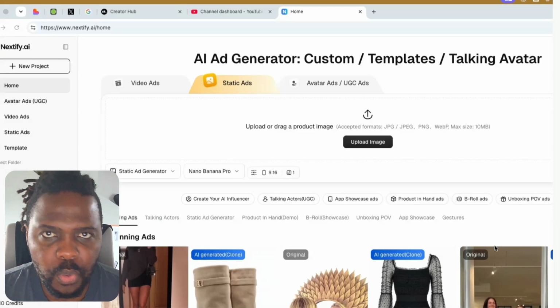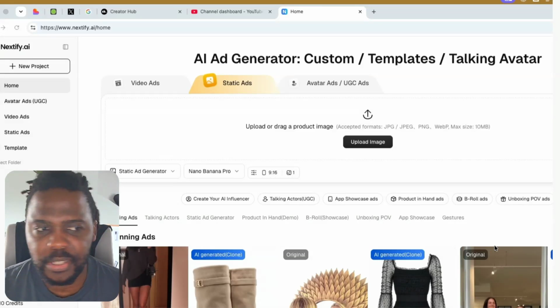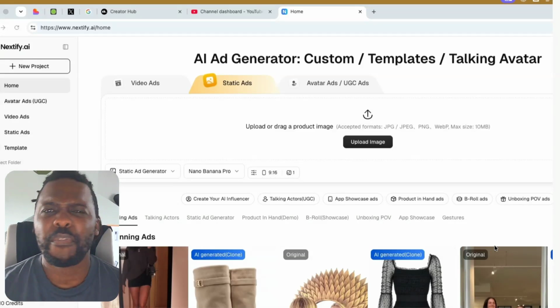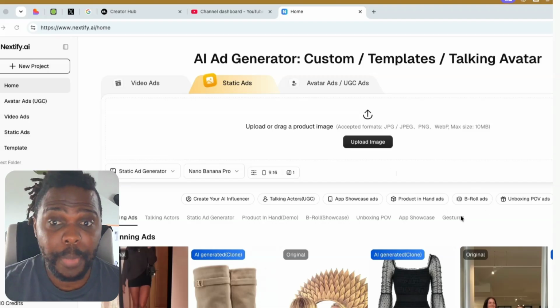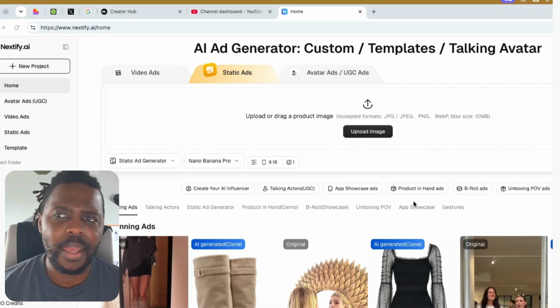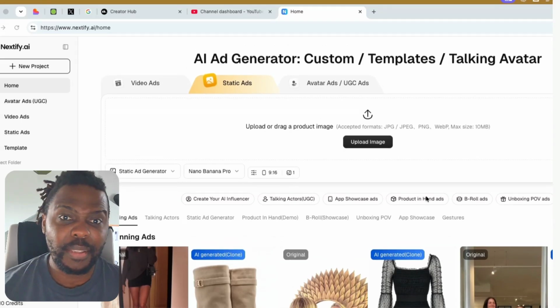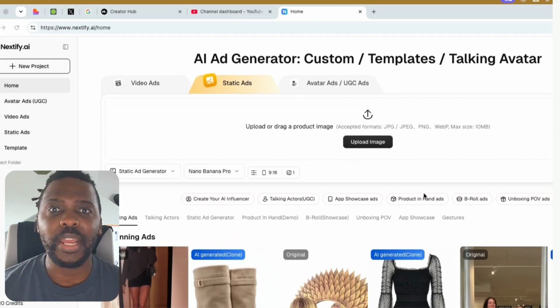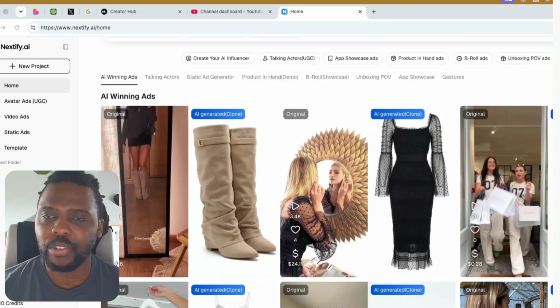You've been struggling with creating video ads for TikTok Shop, Amazon, wherever it is you sell things, there's never been an easier tool like the one I am about to show you today. So this tool is called Nextify AI. Played around with it myself in the past. I've actually got a full in-depth tutorial, which I'm going to go into later on in the video, but I'm